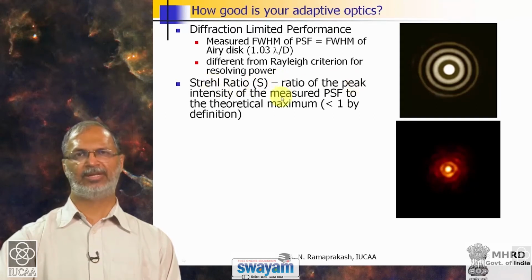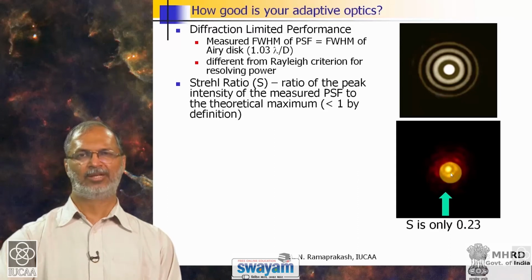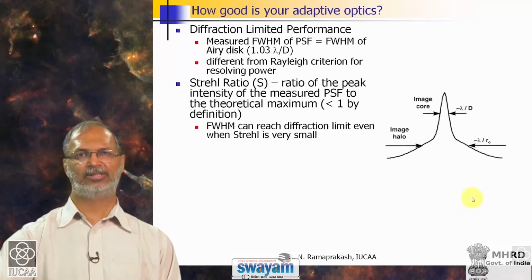This is the ratio of the peak intensity of the measured, or the AO system delivered image, to that of the theoretical maximum given by the diffraction limited image. So, very often in an adaptive optics system, it can happen that 80% of the light is lost, and only 20% is collected together and focused to a tiny spot corresponding to the diffraction limit. So, while you are getting your light collected to a tiny spot, you are also losing a large number of photons which are lost into the wings of this image, which does not concentrate into the middle, and this leads to a loss of sensitivity of your telescope,